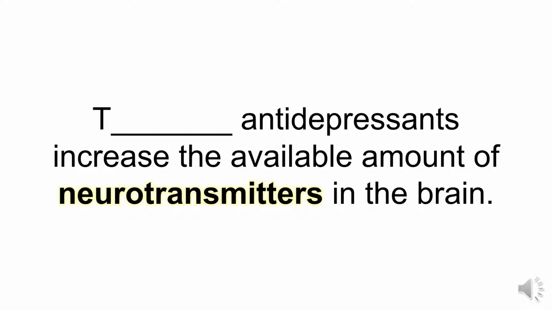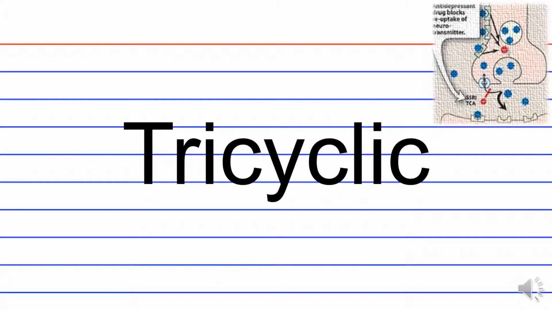T blank antidepressants increase the available amount of neurotransmitters in the brain. So what type of antidepressants increase the available amount of neurotransmitters in the brain? That would be tricyclic antidepressants. And here we see